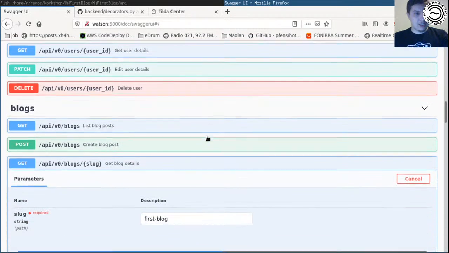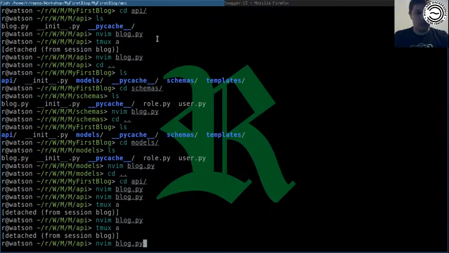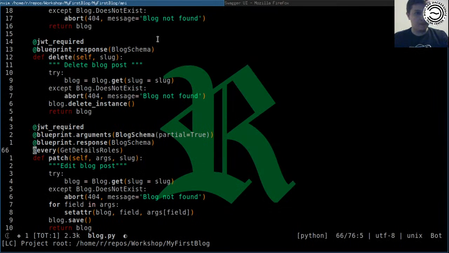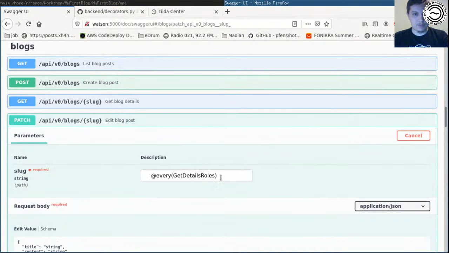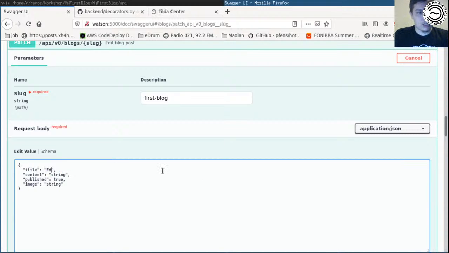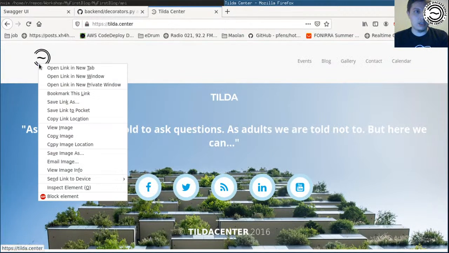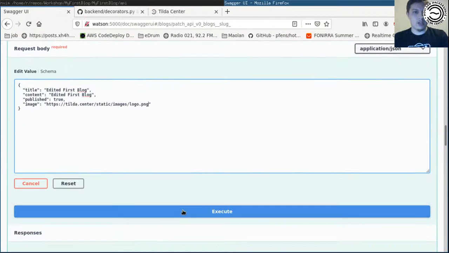And back to the blogs. We said we changed it to edit. Let's double check so we don't make any more mistakes. So yeah, it is edit blog post. We are going to add the slug that is first blog, as far as I remember, and let's have it edited first blog, and I want to have it here, and I need again an image that is here. And if we go execute,